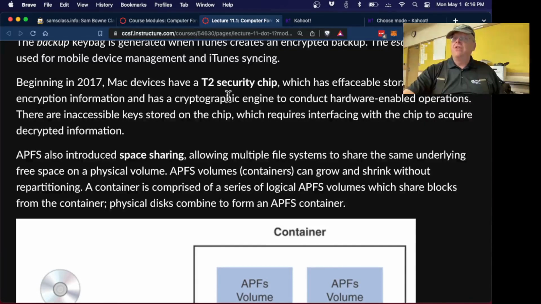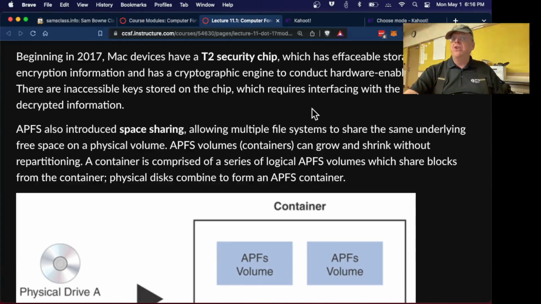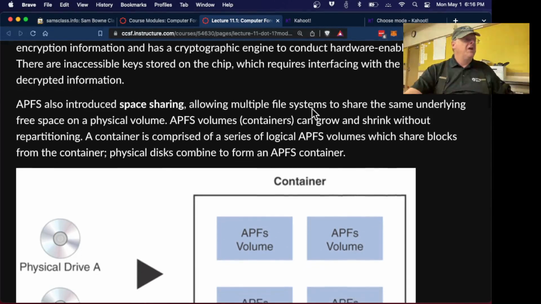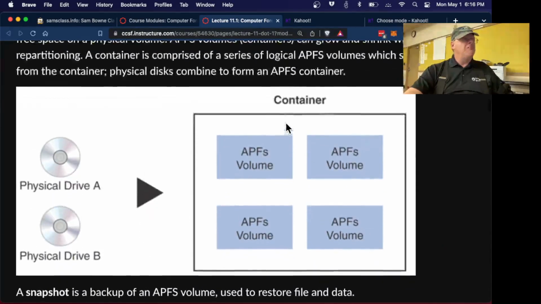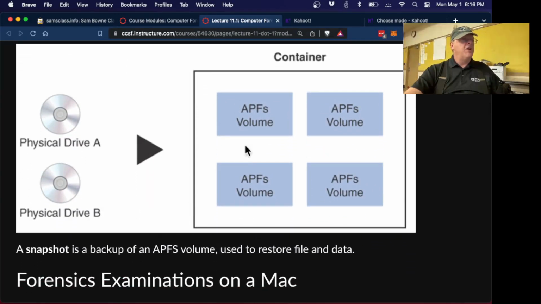The iPhone has a thing called the Secure Element, which is the same thing, a special processor to handle the encryption and the key that is different than the main processor, so no kind of malware could ever steal your key. And the result of these special cryptographic processors is that the encryption is really very secure. And it's very rare that anybody ever gets into any of these encrypted volumes without knowing the real password to get in. So, all right, it's got something called space sharing, which seemed a little complicated and silly.